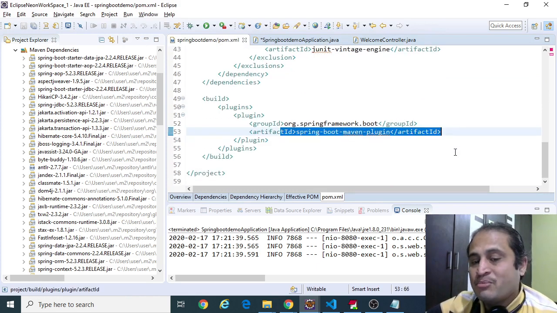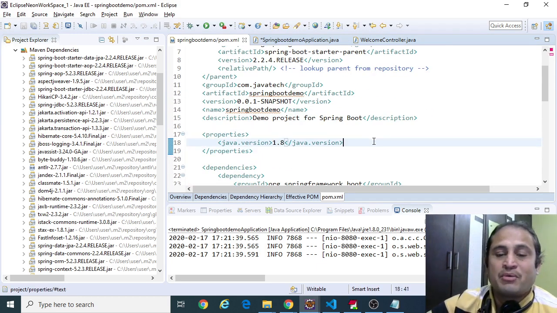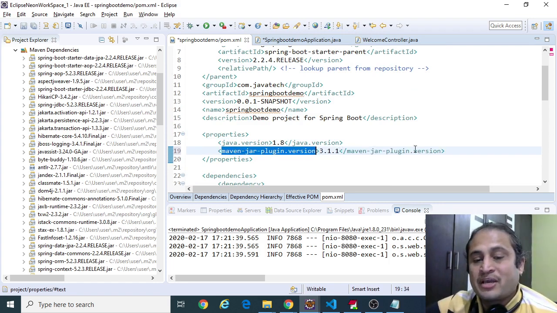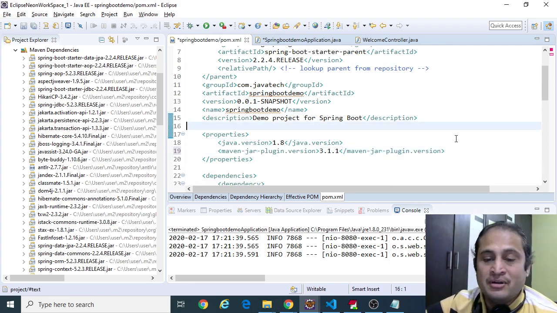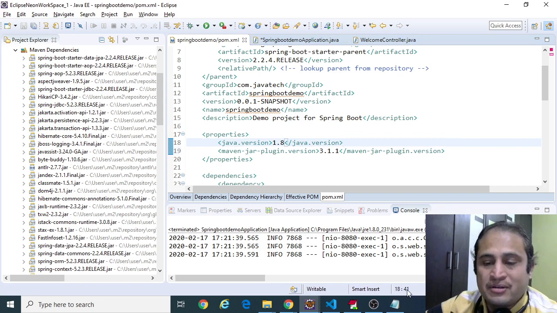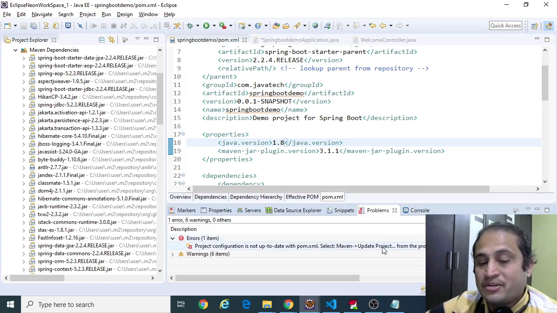If you use it, you need to make sure in the properties you use this Maven jar plugin version of 3.1.1 so that it won't give you any error. It won't harm you anything, but to get rid of that error you need to do that. Probably after that you need to update the Maven project as well.